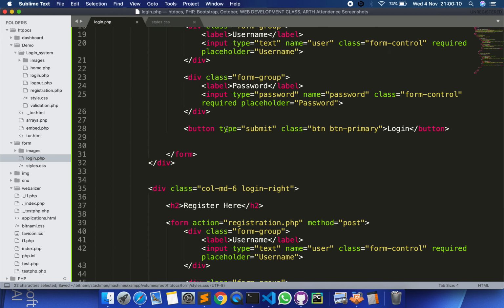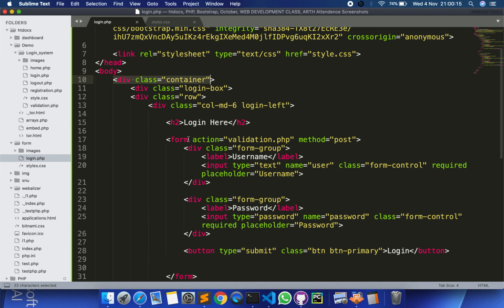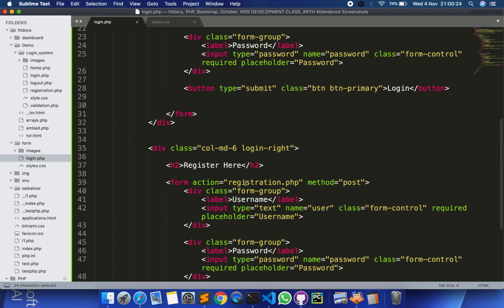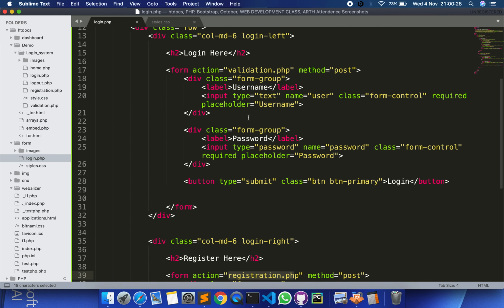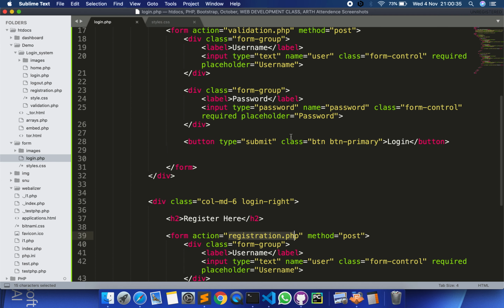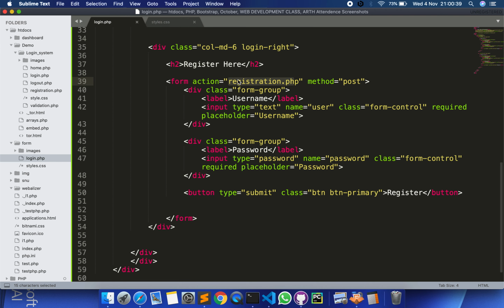Now a few things about this form. Here you can see on the login I have given the action validation.php, and similarly on the registration part I have given the action registration.php. So whenever the user clicks the submit button on the login part, it will use validation.php, and if the user clicks on the registration part, it will go to the action registration.php.